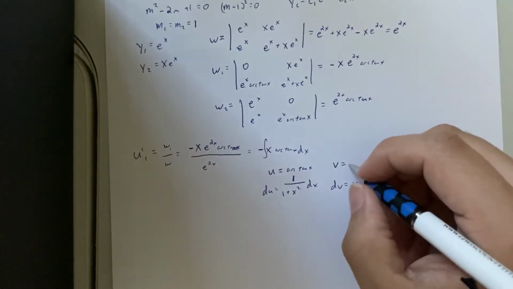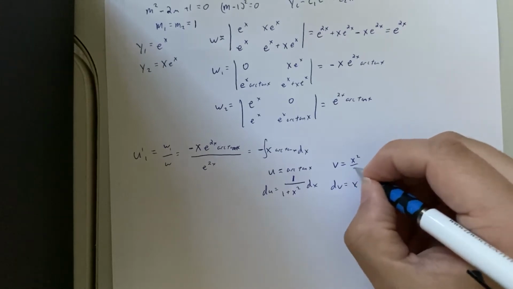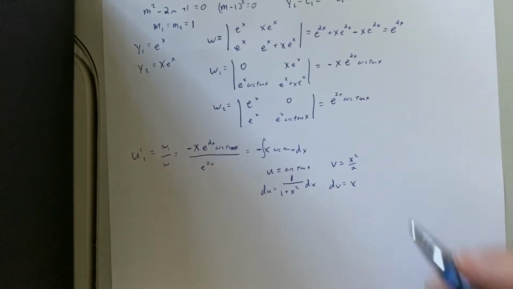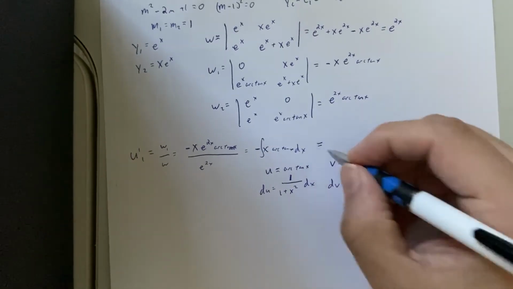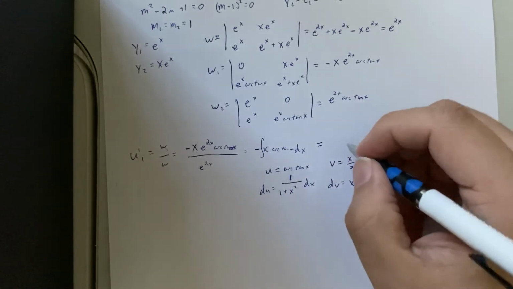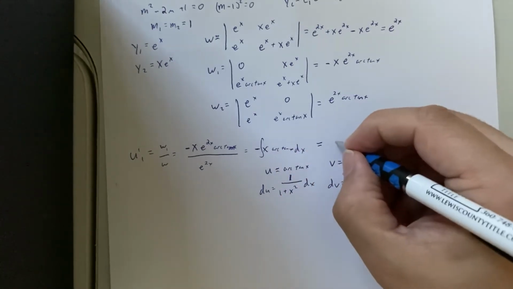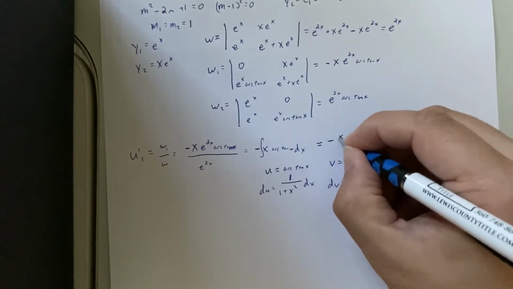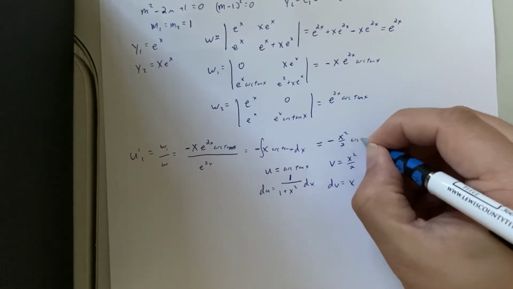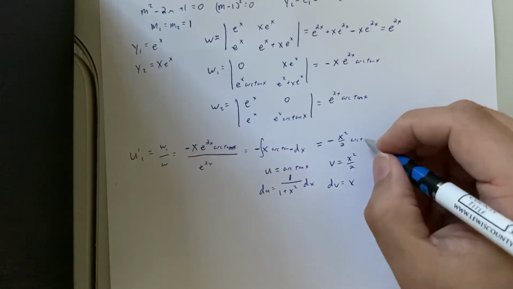So that means my v is going to be x squared over 2. Now I'm going to substitute that in. So I'm going to multiply my uv, and since there is a negative on the outside, it's going to be negative x squared over 2 arc tangent x